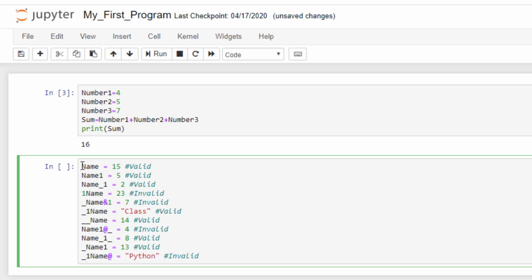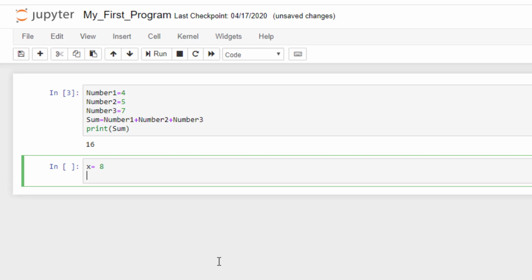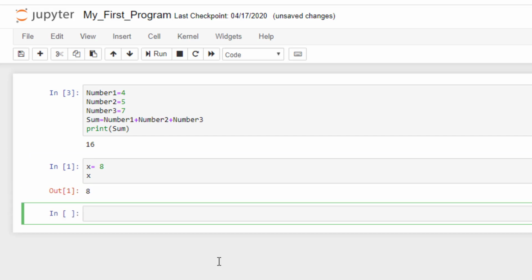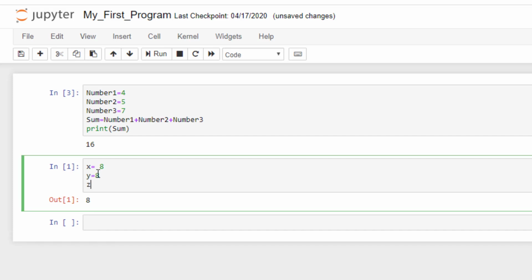Now let's see how to assign values to variables. We have seen x equal to 8. If I want to print x, just run it. See, this is giving the value of x. What if I want to assign y equal to 8, z equal to 8?